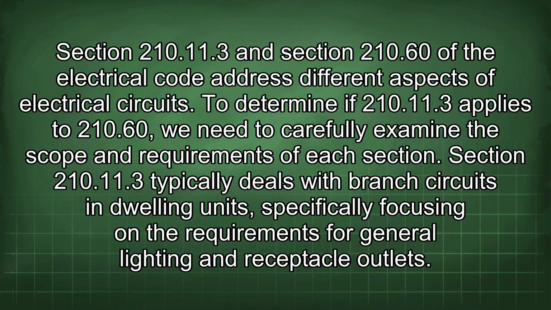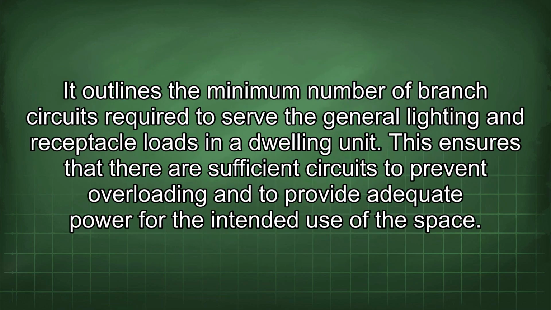Section 210.11(3) and Section 210.60 of the Electrical Code address different aspects of electrical circuits. To determine if 210.11(3) applies to 210.60, we need to carefully examine the scope and requirements of each section. Section 210.11(3) typically deals with branch circuits in dwelling units, specifically focusing on the requirements for general lighting and receptacle outlets. It outlines the minimum number of branch circuits required to serve the general lighting and receptacle loads in a dwelling unit. This ensures that there are sufficient circuits to prevent overloading and to provide adequate power for the intended